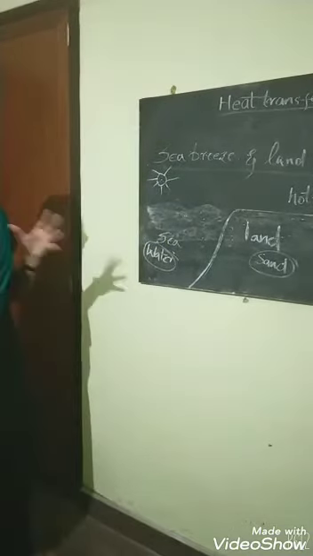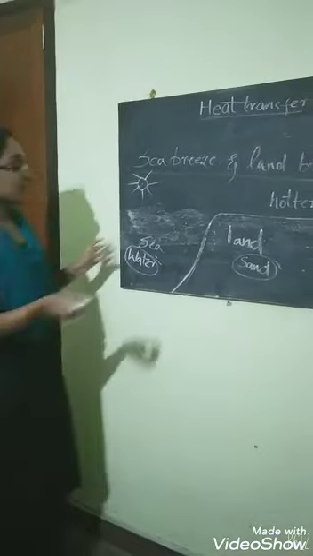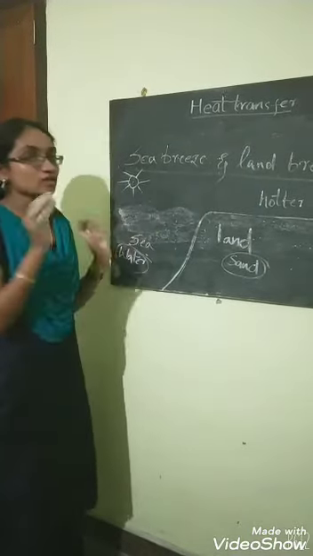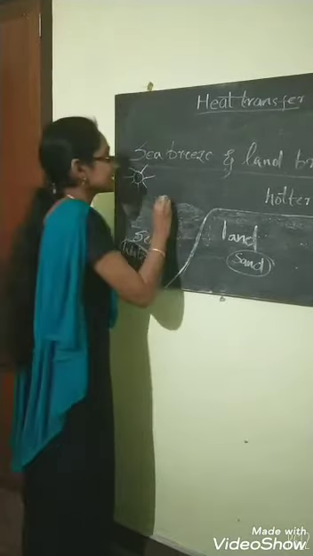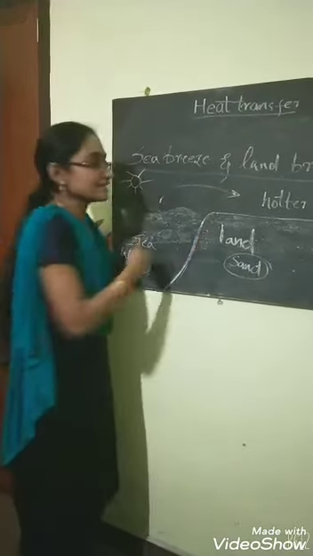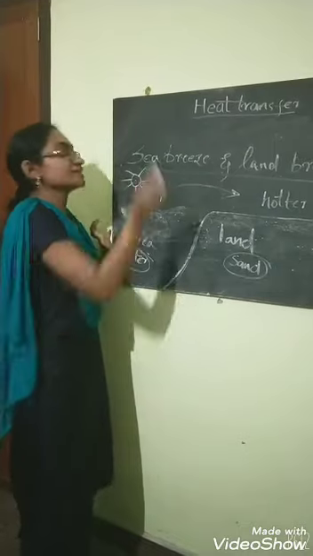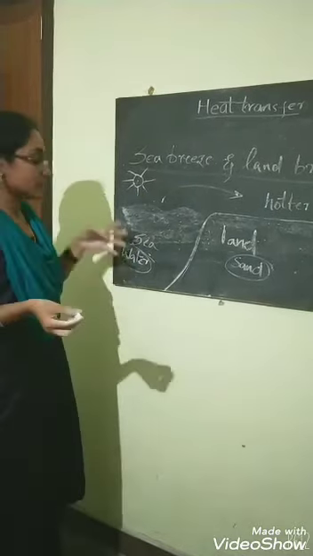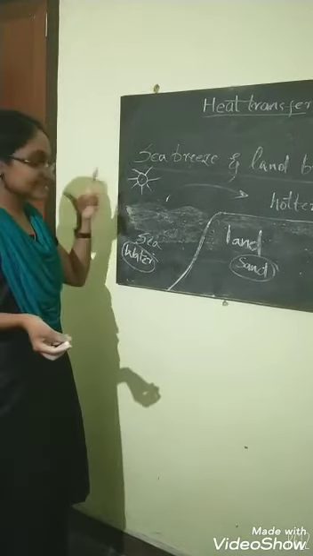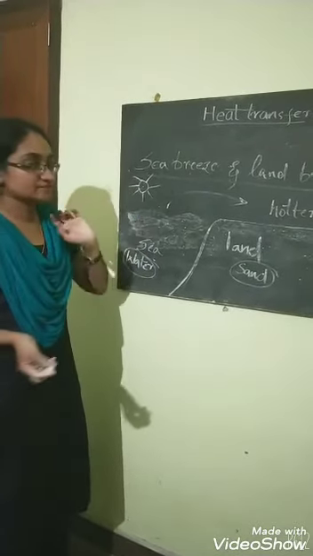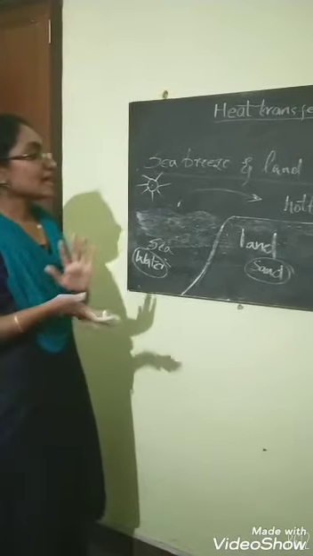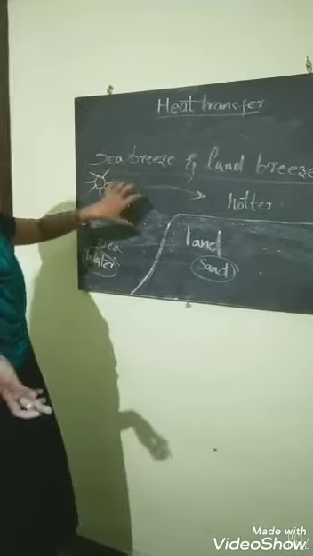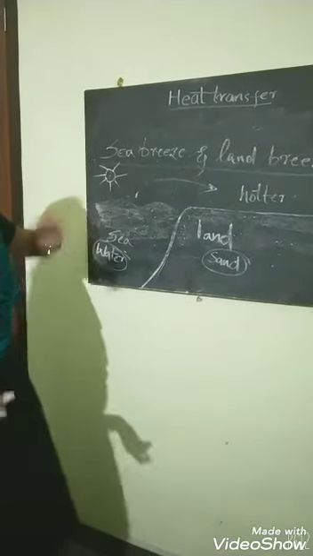Now what happens is that the colder air from the sea gets rushed to this land. This is called sea breeze. Sea breeze means the cold air is coming from the sea in the daytime. That is called sea breeze. I think it's clear for you. And now the question is, what is land breeze? This takes place in the daytime, and then